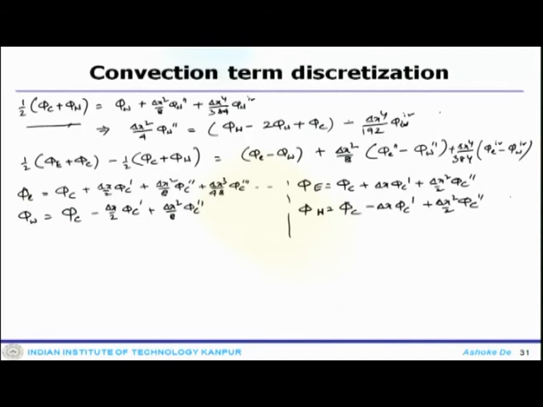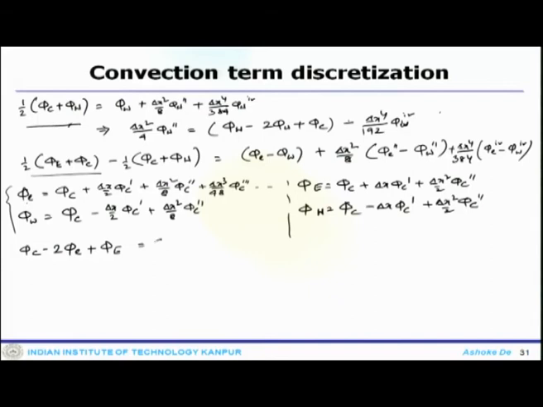So, in terms of the cell center value phi c, you can actually obtain all these expressions. Now, we got this set of information, and another is this. In this set of information, if you put these things there, like phi c minus 2 phi e plus phi e, this term and this term, if you do that,